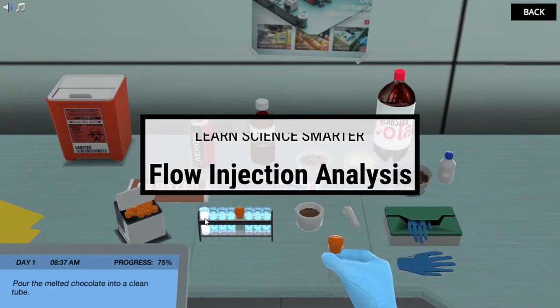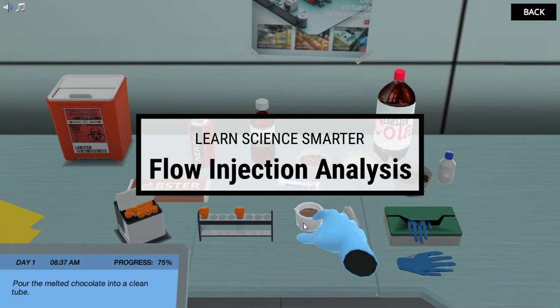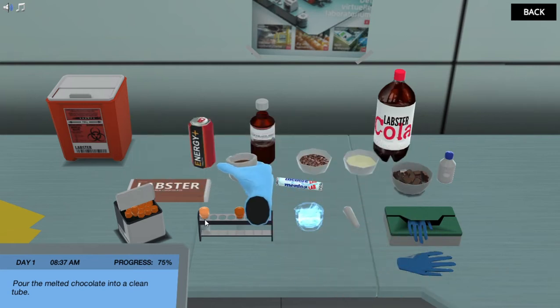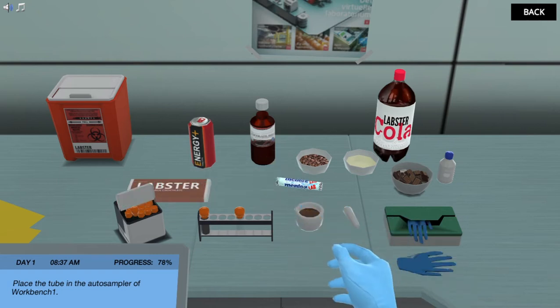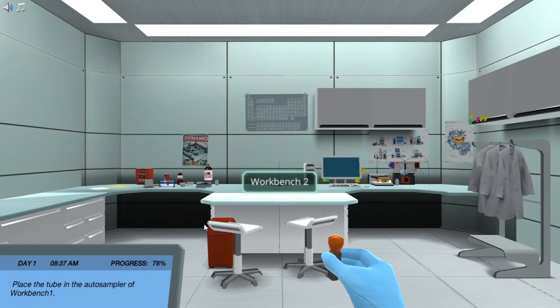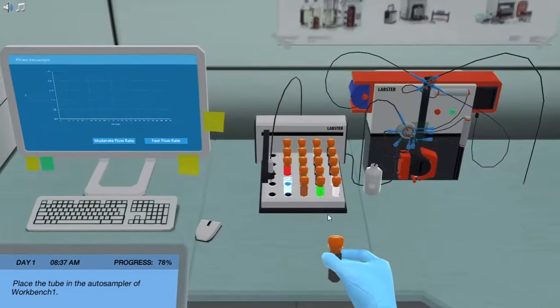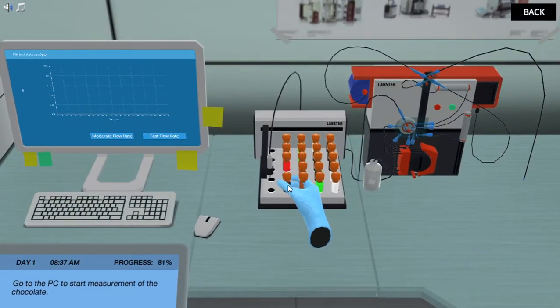Do you have a lot of stuff to do, but you can't keep your eyes open? You're probably dying for a coffee, but are you sure that coffee is the drink with the highest amount of caffeine? In this simulation, you will learn how scientists use the flow injection analysis technique to measure the concentration of